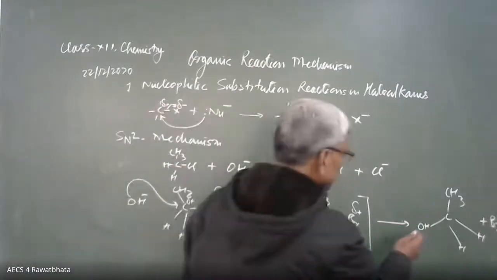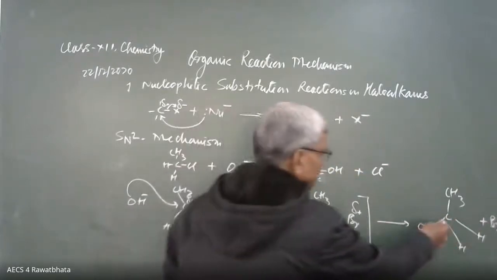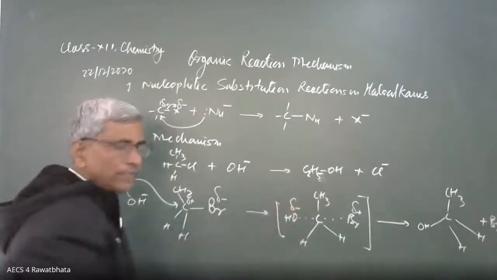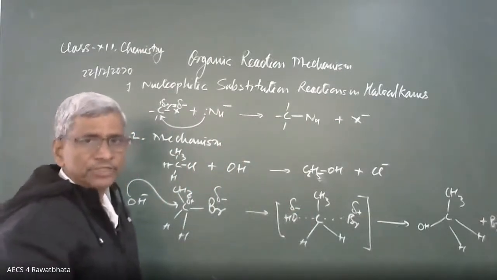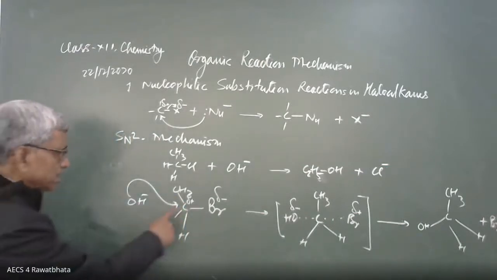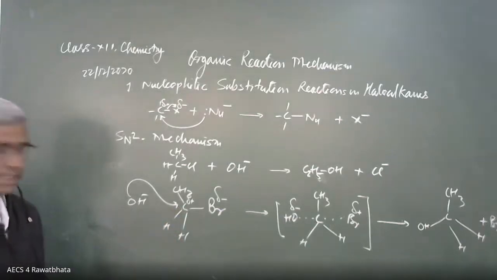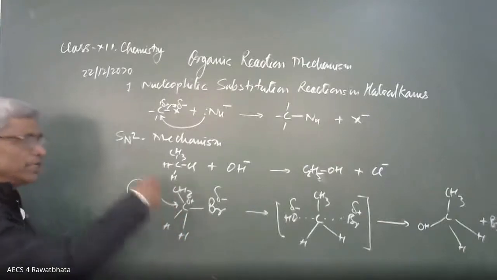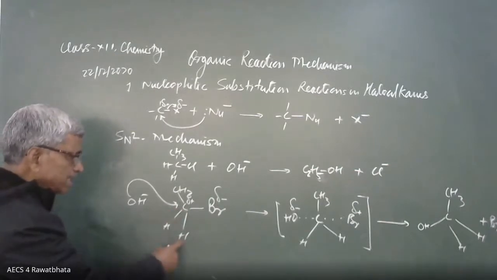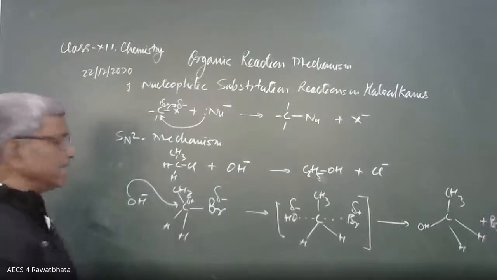Inversion means that if this carbon is an asymmetric carbon and the compound is optically active and levorotatory, then the product will be dextrorotatory. There is inversion. This compound is not optically active because this carbon has two similar groups. The condition for an asymmetric carbon is that it must have 4 different atoms or groups, but here it does not. Here this carbon has 2 similar hydrogen atoms. It is superimposable on its mirror image. That's why it is optically inactive.